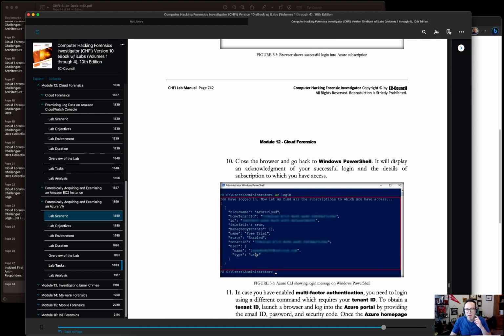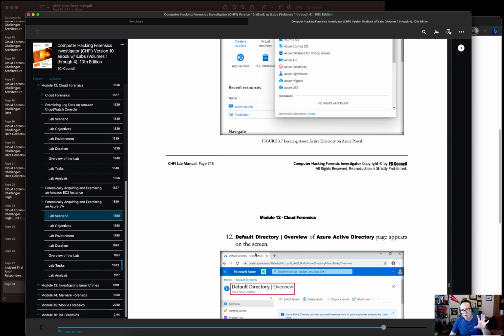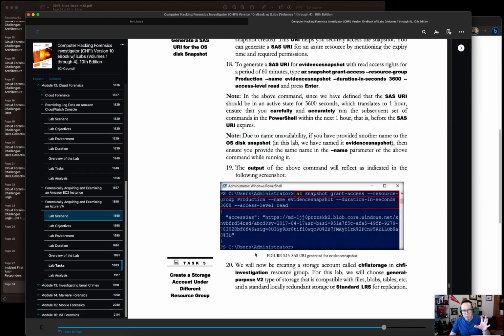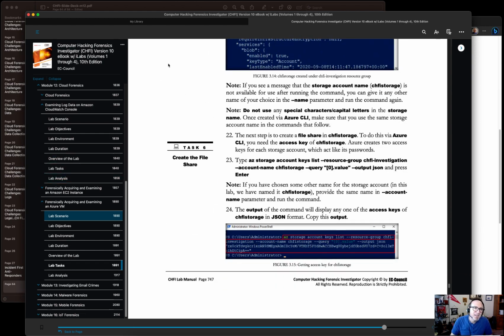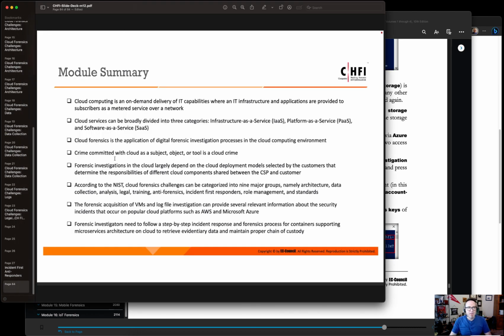So I like to walk away from this. You see a lot of steps here with this lab. I like to walk away with the fact that it's more about thinking about the higher level challenges that the cloud introduces to the forensics process. So definitely dig in, look at the labs. If in the future you actually need to do parts of the labs. At the time of this recording, I think I would just review the lab document